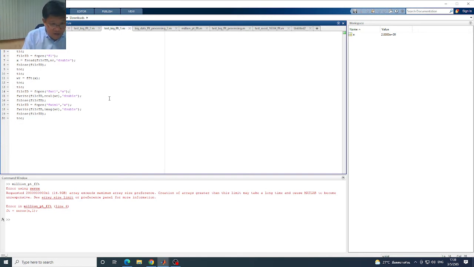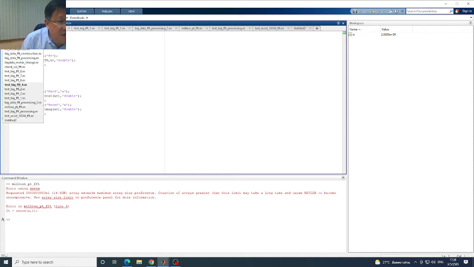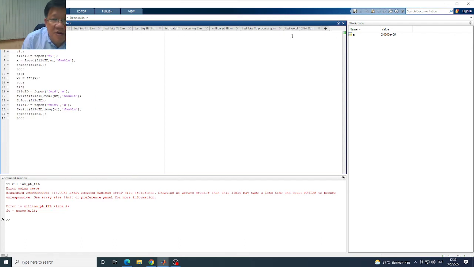Again, if you go to test big data FFT2, you just change everything to F2, FWR2, the name of the file that I refer to. The remaining part is all the same. This one works on file F1, this one F2, F3, F4. And something is missing about 5. For test big data FFT5, you can just change this file to F5, and this one FWR5 and FWIM5,